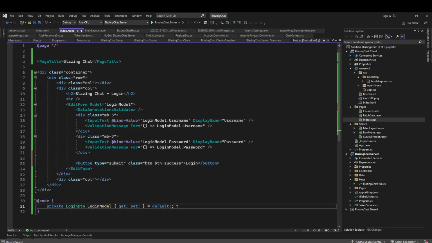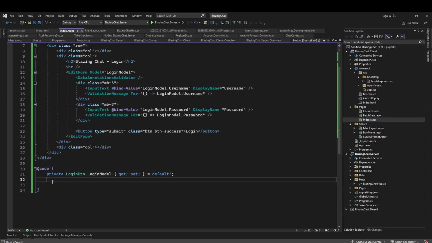Login, and for logging in we will have a boolean property here which will say if we are logging in currently. So let's say processing, or let's call it busy. By default it is false,